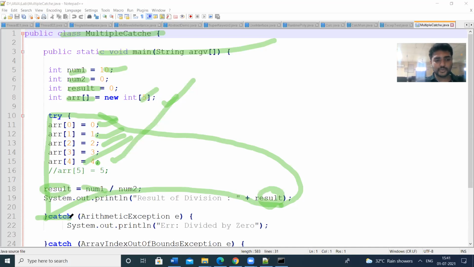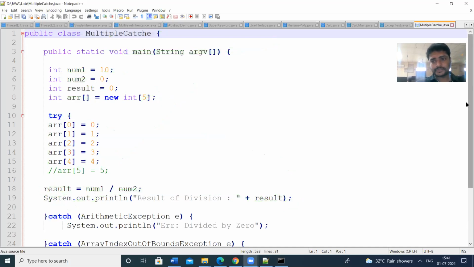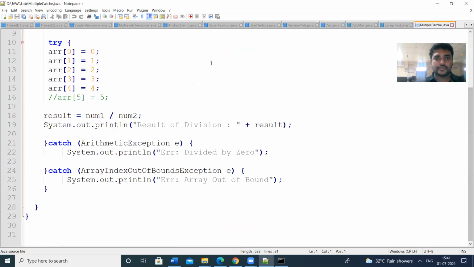Next, corresponding to this, we have 2 catch blocks. That is, there is a chance of getting this exception, division by 0 exception, that is arithmetic exception. And there is a chance of array index out of bound exception.